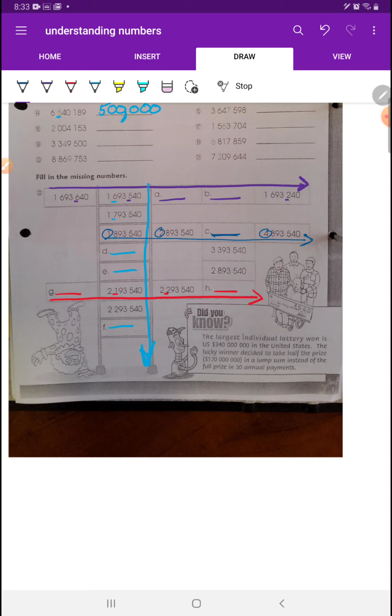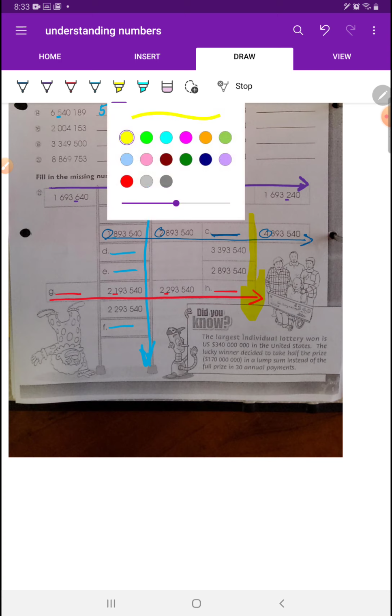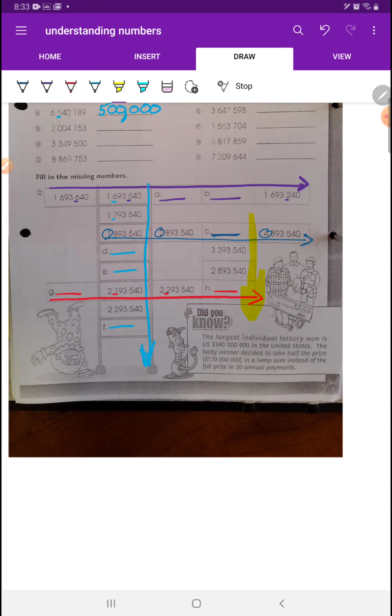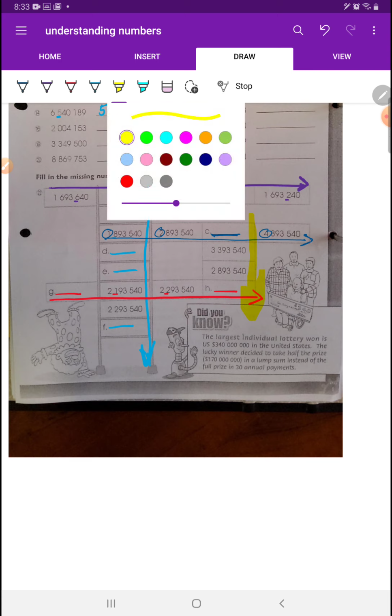All right, so dark blue has a different pattern than light blue. Purple has a different pattern than red. Okay, they all have different patterns. And of course, there is actually one more pattern. There's the down one like this, but you've already solved it with your dark blue going one direction and your red going the other direction. So you probably don't have to do that, but you should check it to see if you actually understood it correctly. Okay, check and make sure those numbers actually make sense,